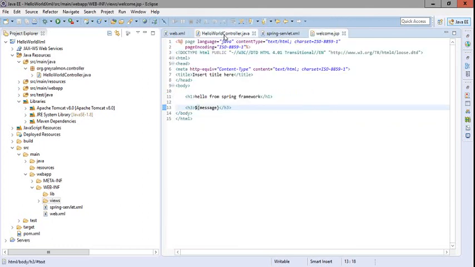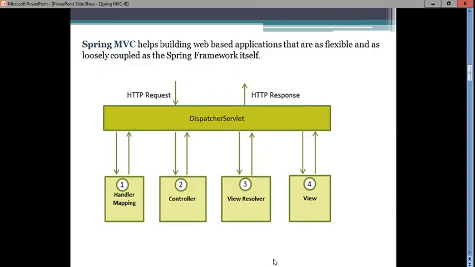Now we are done. We have designed the handler mapping, controller, view resolver, and finally we have designed the view. All the components are configured and are ready to run.